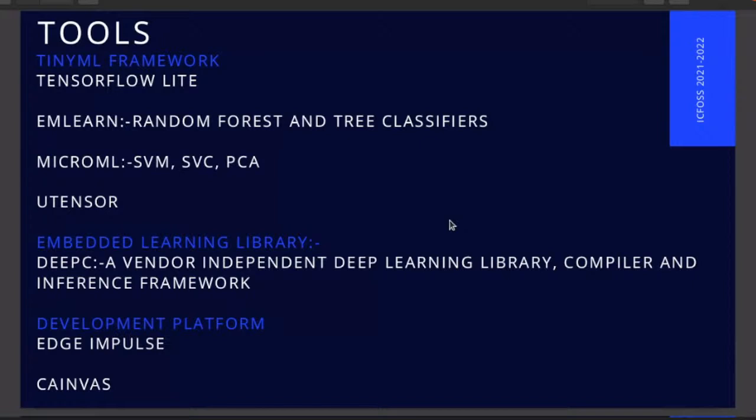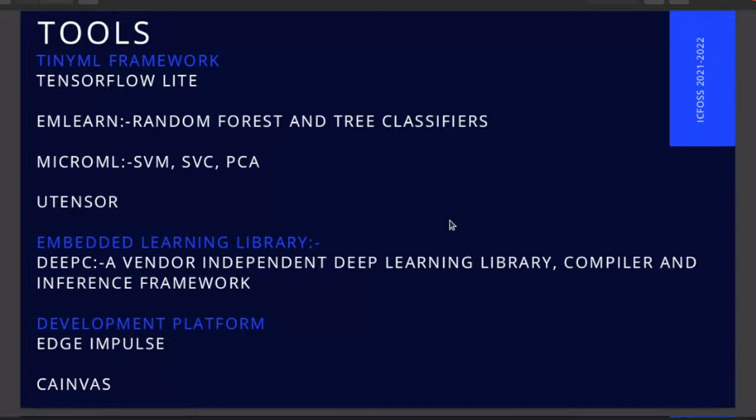Those are the code-based ones. All the others are code-based, because you need to write the code and create your model yourself. But other than that, you can deploy easily.